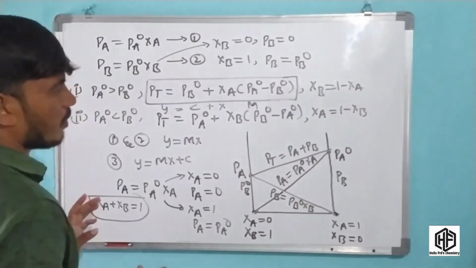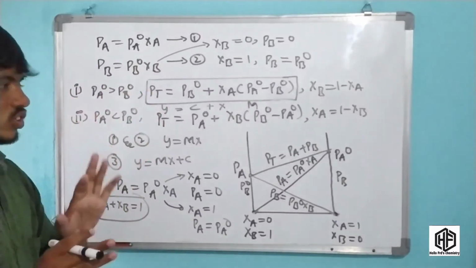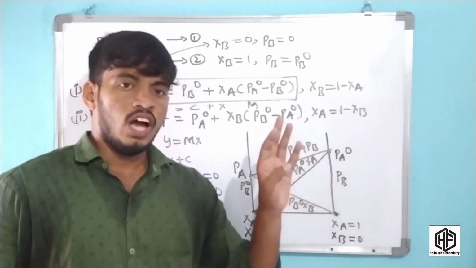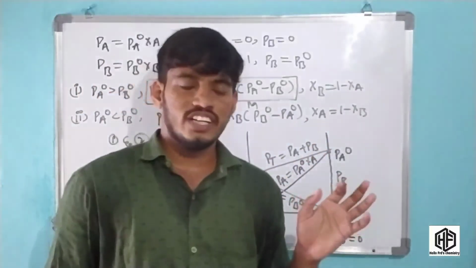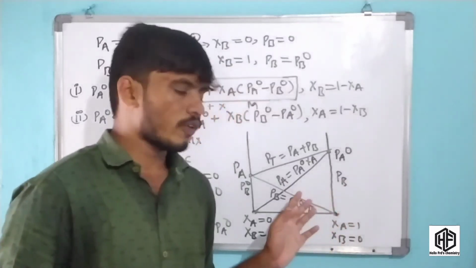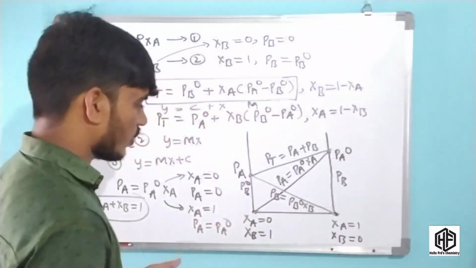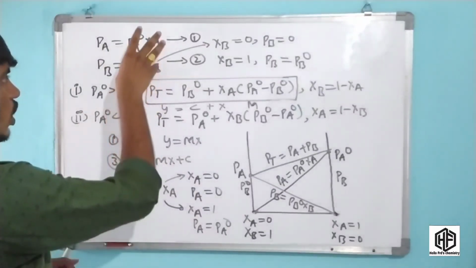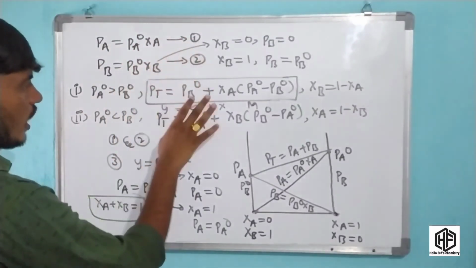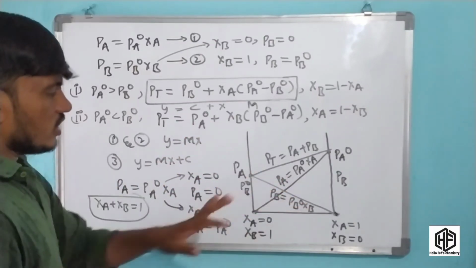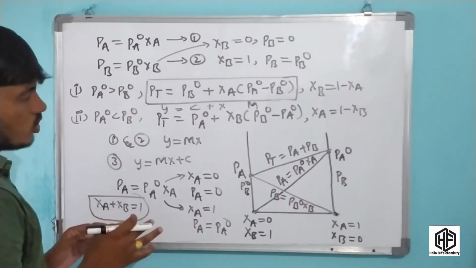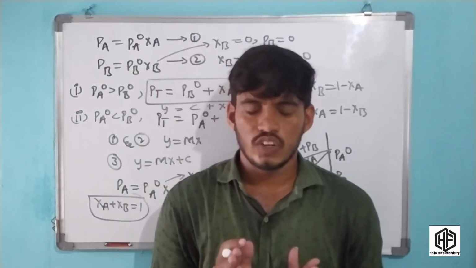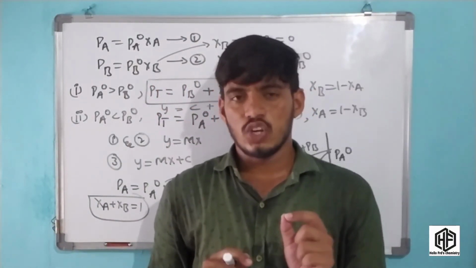This is the graph representation of the Raoult's law equation. This is a very important graph representation for negative deviation, positive deviation and azeotropic mixtures. This graph representation is very important. Okay friends, this is the graph representation of the mole fraction equations, Raoult's law equations 1, 2 and 3. This is important for the Raoult's law concept of vapor pressure of liquid solutions. Okay friends, this is the concept of the solution chapter, class 12.